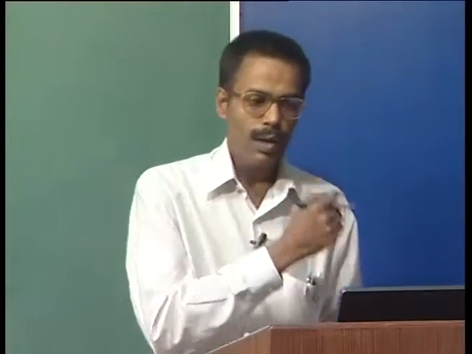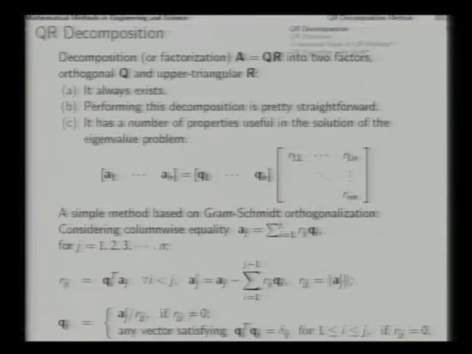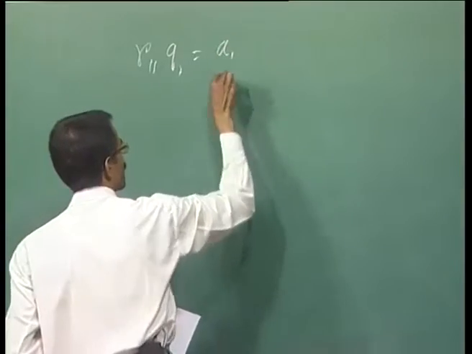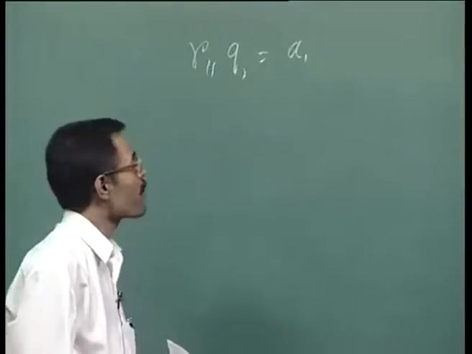Now, here we again, just like our normal decomposition processes, try to determine these decomposed parts through term by term multiplication. So, first we can write A1 as the first column of this matrix product, and that will be this matrix multiplied with the first column. Now, that will give us R11 into Q1 plus everything else is 0. So, that means we get R11 Q1 as the first column of the matrix A.